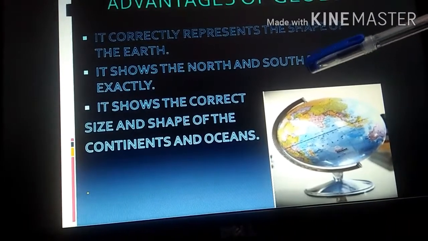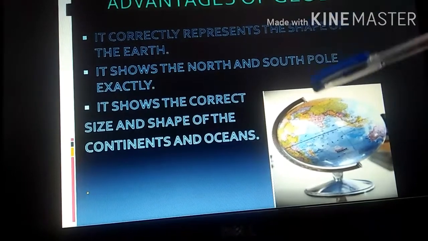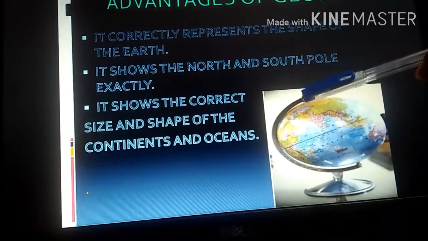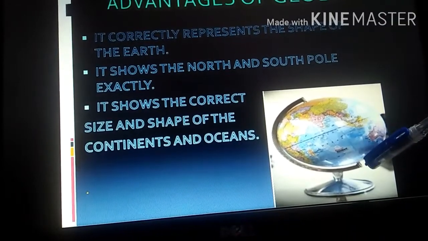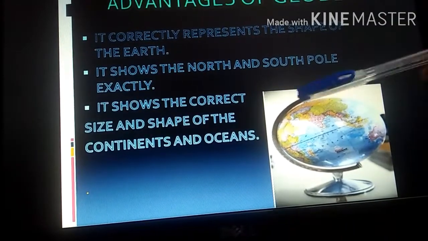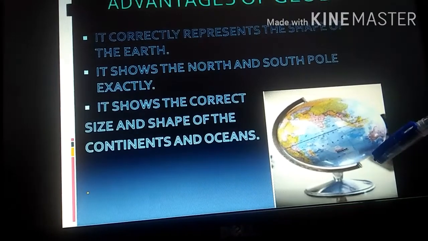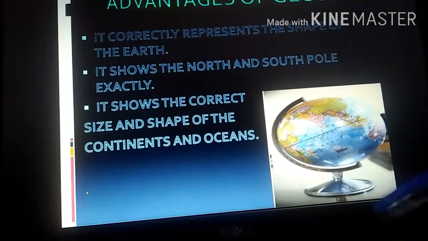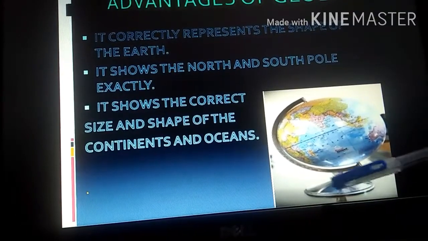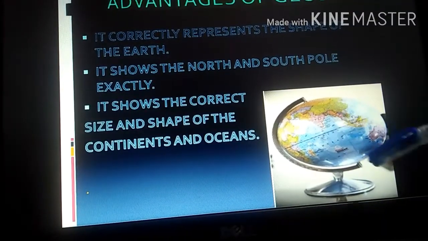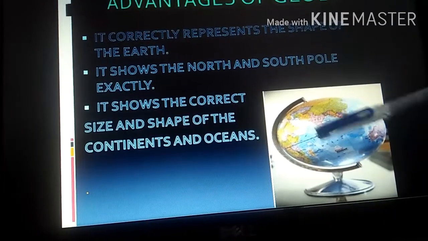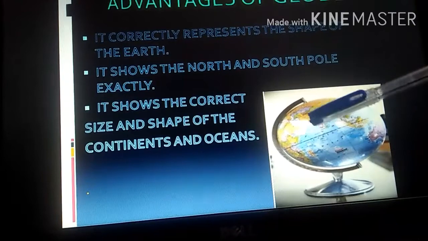The earth rotates on its tilted axis. This is the tilted axis of the earth that we had already studied in the last chapter, which helps in causing day and night. Like the earth, a globe is also made to rotate on its axis. They have made the axis and made the globe in such a way that it can rotate on its axis.